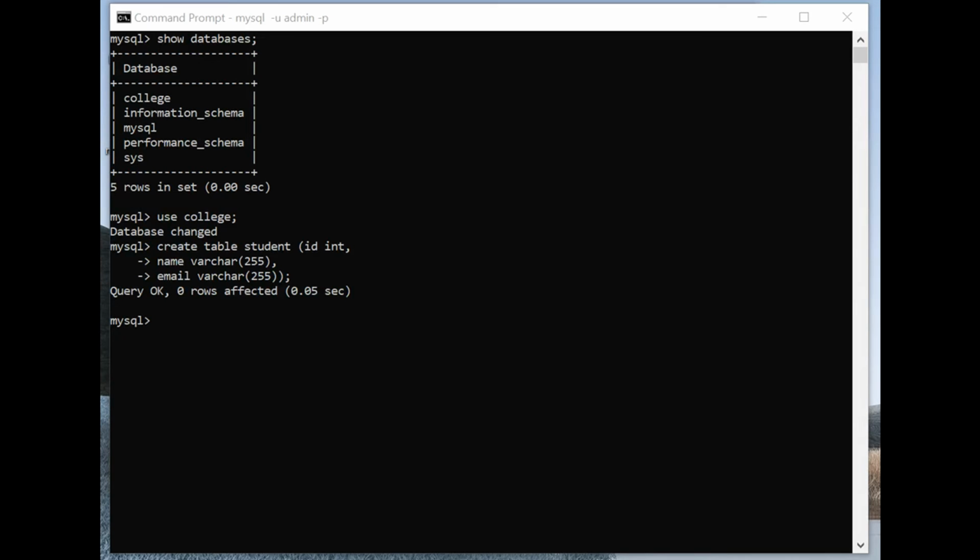Besides create database and create table commands, the most important SQL commands are CRUD. It means insert, select, update, and delete commands. Okay, now let's do insert. Let's say we want to insert one student. Insert into student values,